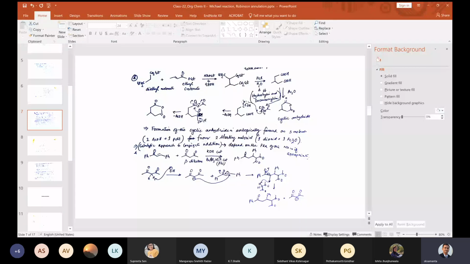That is why you need this sort of phase transfer catalyst. It's called PTC, phase transfer catalyst. What does it do? This Cl minus is generally replaced by OH minus. So this catalyst sometimes becomes BnEt3N+ OH minus. This OH minus picks up this proton here and then this step continues. Is it clear? Did you understand?